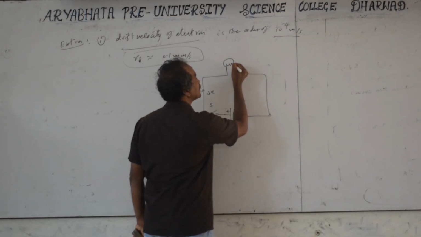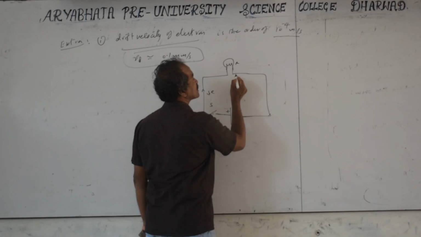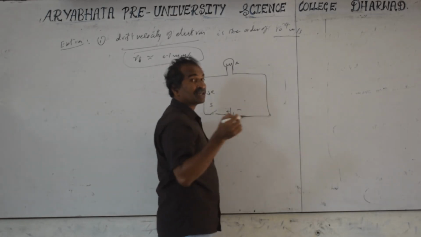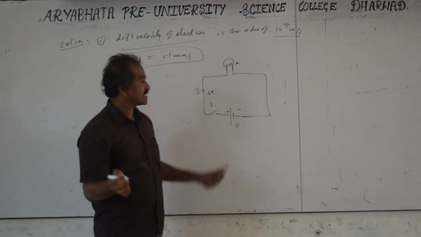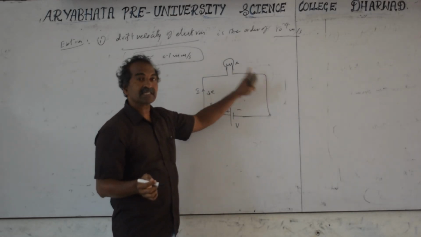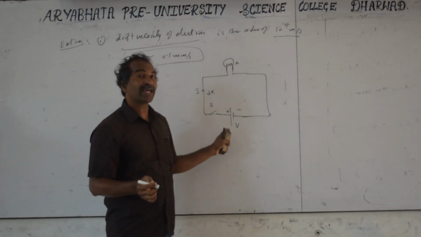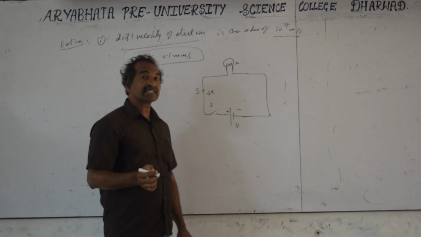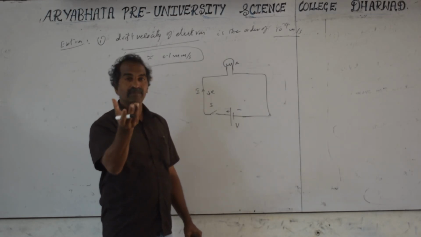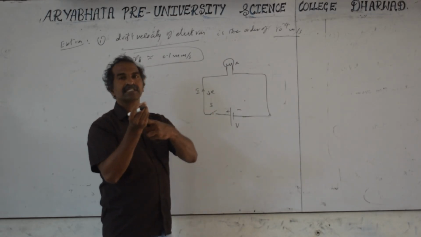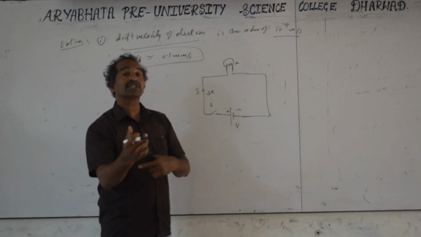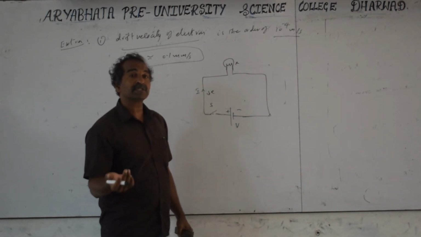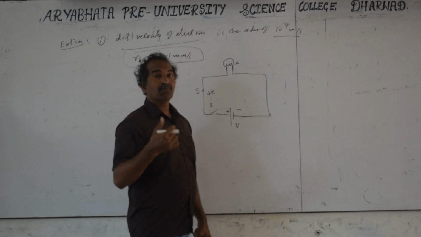Already the filament has some resistance. In the filament, resistance means what? What is the difference between more resistance and less resistance? All these wires should have less resistance. The filament should have more resistance than these wires. More resistance means the collision is more. More resistance means free flow of the electrons is not there. Electrons will have more collision with the atoms. More collision with the atoms means more loss of energy.